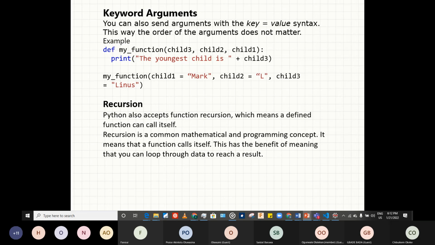For those that did sequence and series, there are recursive sequences, where maybe T2 is equal to T1 plus this, or T3 is equal to T2 plus this, or Tn plus 1 is equal to Tn plus something. So that's the way it runs in recursive functions, and it's used very well